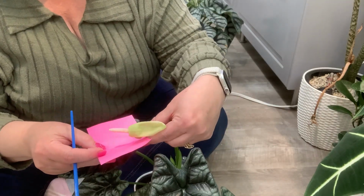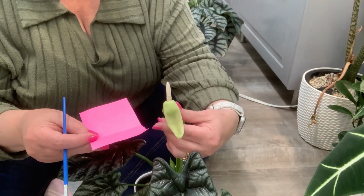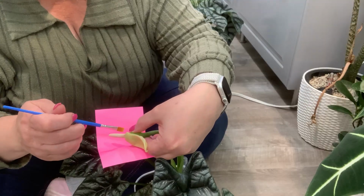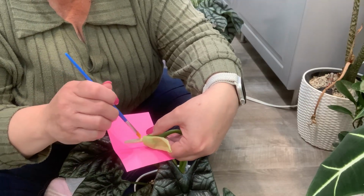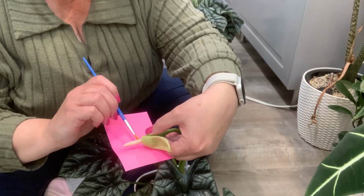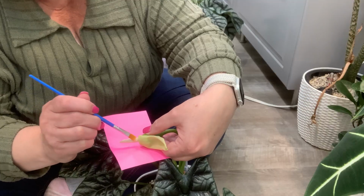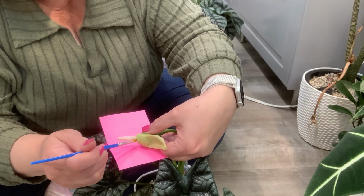And so I'm just going to set this little test tube down here. There was so much more pollen in here, I think I dropped it all inside the flower. And I'm gonna just brush this onto the paper with that paintbrush and just kind of do it carefully and try to, if any of it's fallen down in there. And so maybe,